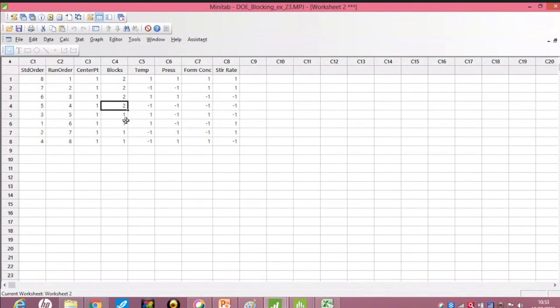The block is for the day, so you need not take day as a separate factor. It is included in the block.